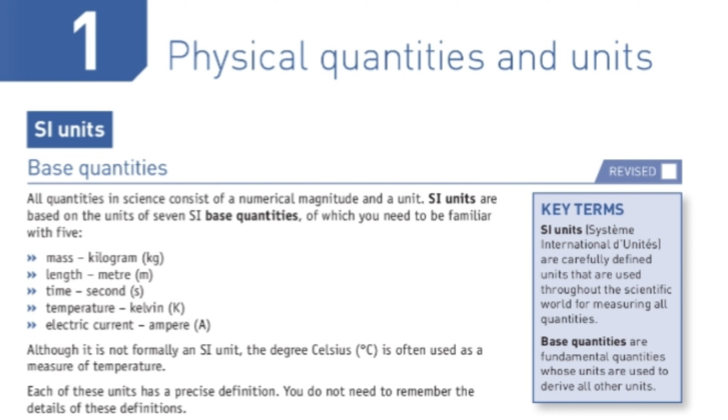Chapter 1 Physical Quantities and Units. SI Units. Base quantities. All quantities in science consist of a numerical magnitude and a unit. SI units are based on the units of 7 SI base quantities, of which you need to be familiar with